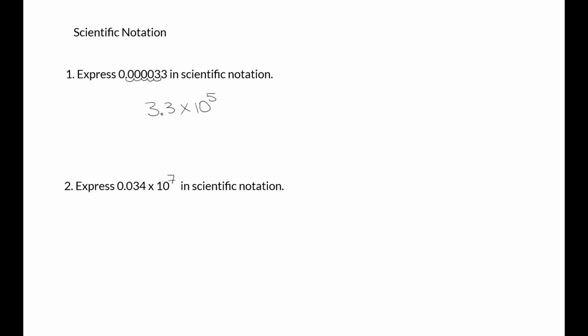That's it. In number 2, we're going to express 0.034 times 10 to the seventh in scientific notation. There's two ways that you can do this. I'll show you both. So the first way that you're probably used to is you write the number down, and you're going to move the decimal 7 places. Okay, so you're going to go 1, 2, 3, 4, 5, 6, 7. And you would fill those in with zeros. So you would end up getting